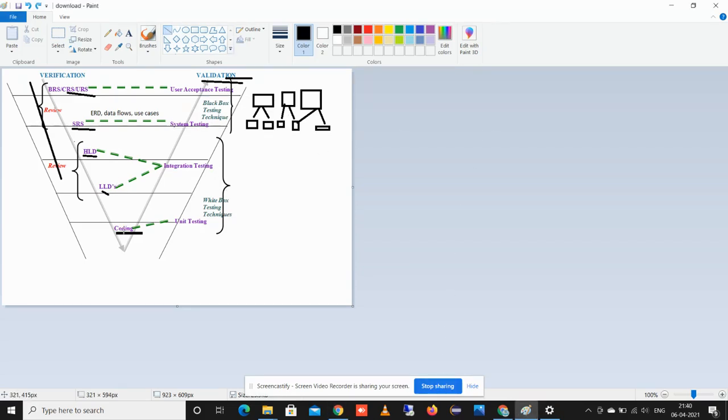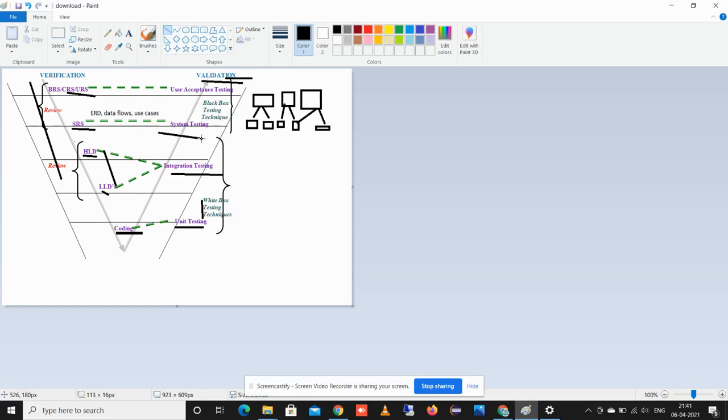As we know, in the coding phase we do the unit testing. It comes under white box testing. When we are done with unit testing, we move to integration testing based on the HLD and LLD documents. This is also done by the developers, and it also comes under the white box testing techniques. The next level is system testing.